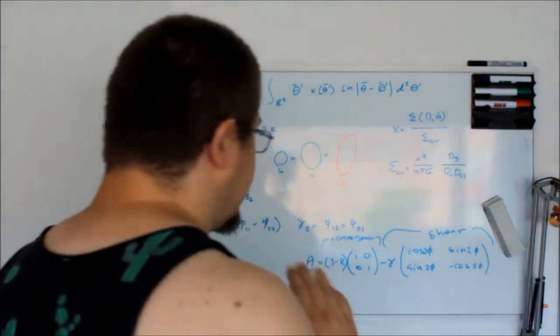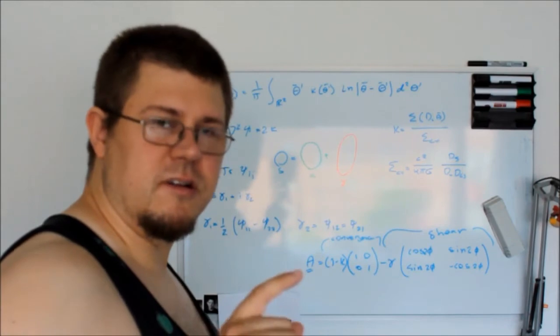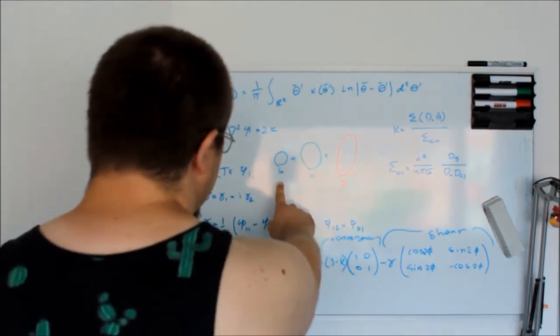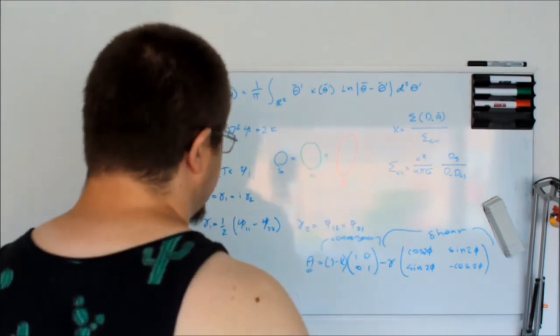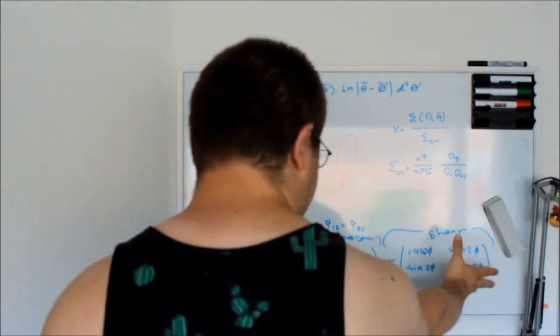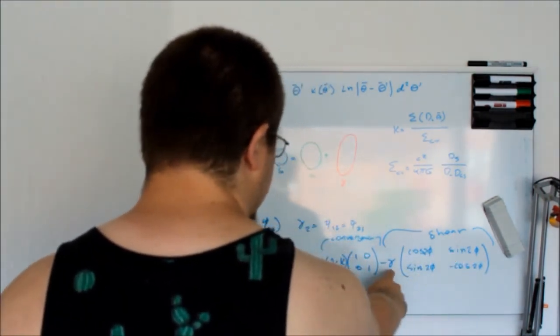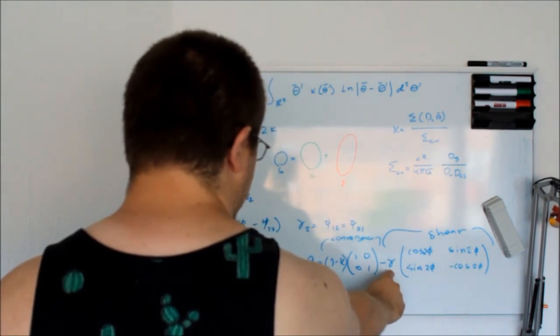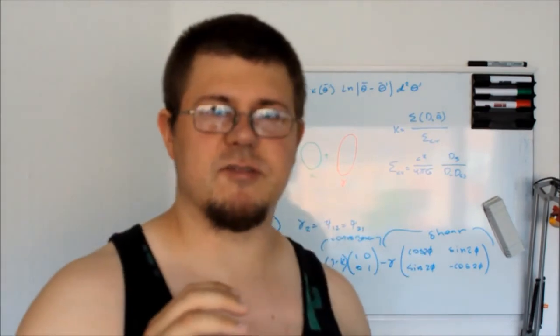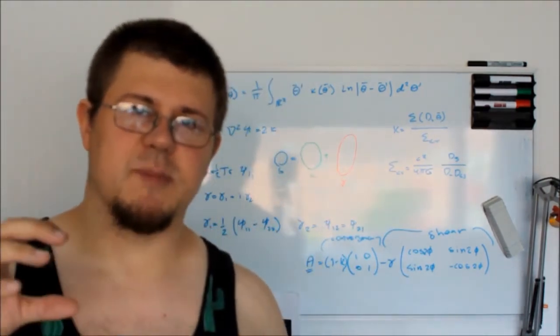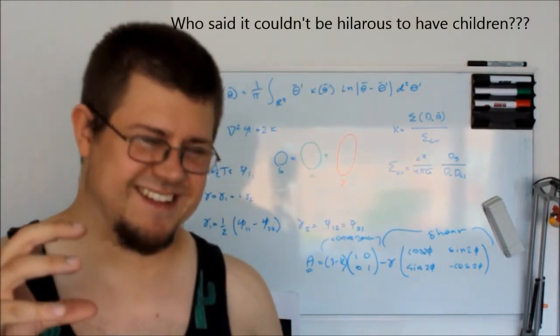But, and this is only for a circular symmetric source, if you add shear to the problem, you see you have this phi, right? You have this angle, and you have the gamma here. Then the image, the circular symmetric image, not only gets magnified, but